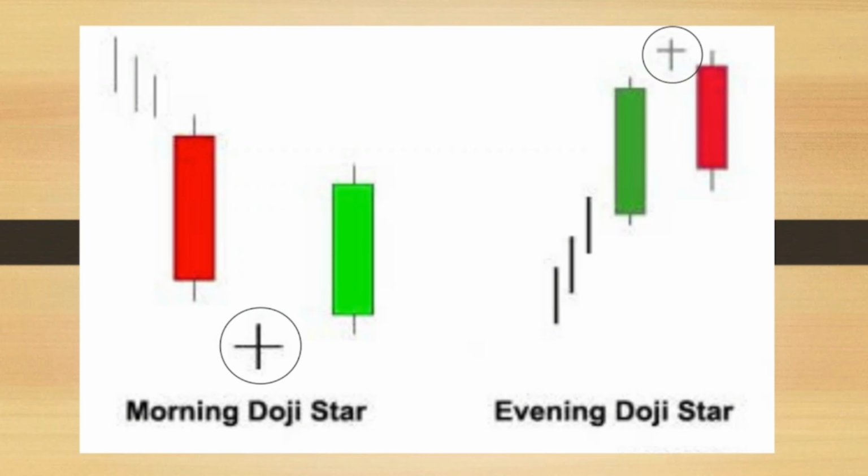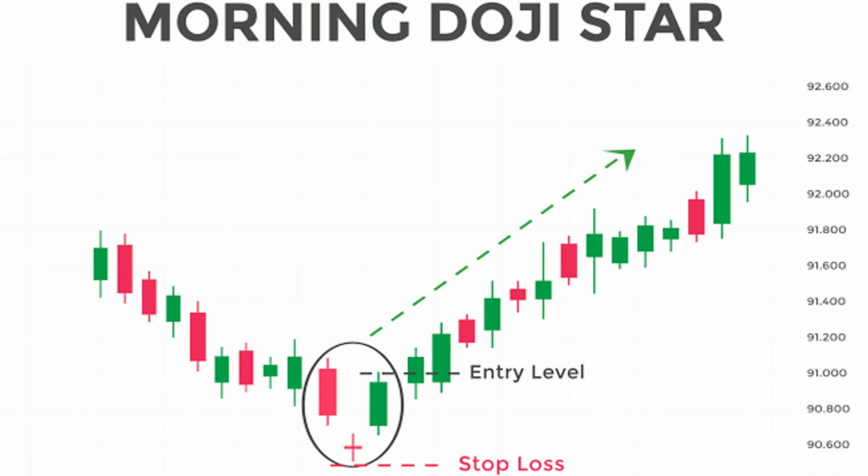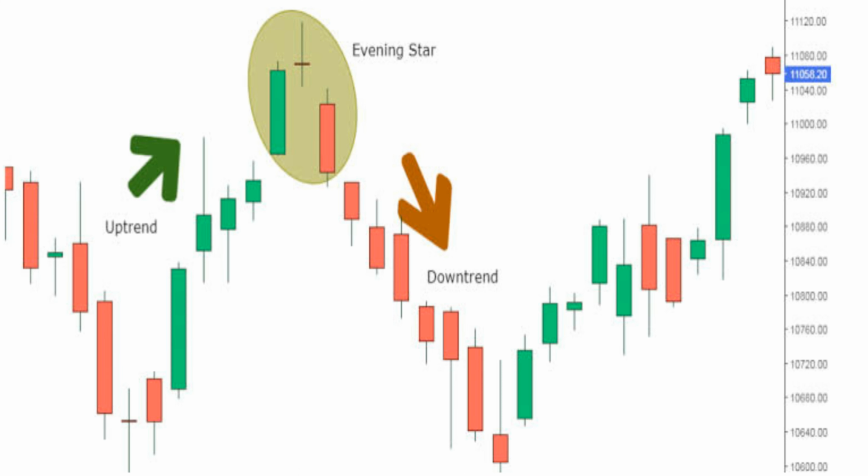Let's go further. Now when a doji star combines with a bullish and a bearish candlestick, it forms a pattern called the morning star or the evening star. Now it is the new pattern formed that gives you the reversal signal. When a doji star forms a morning star, it tells you that the market that has been on a downtrend is about to reverse to the uptrend. But when a doji star forms an evening star, it tells you that the market that has been in an uptrend is about to reverse.